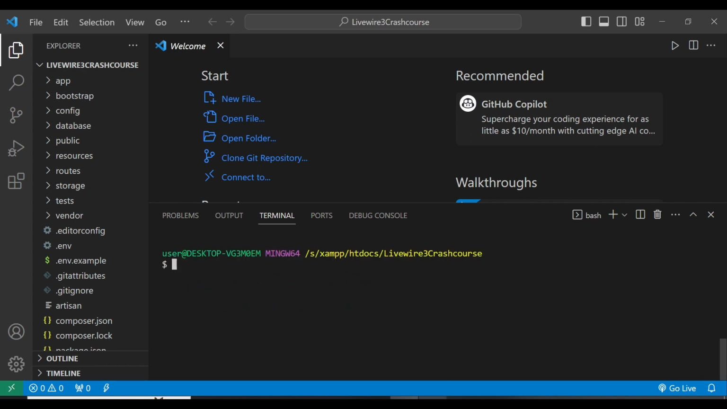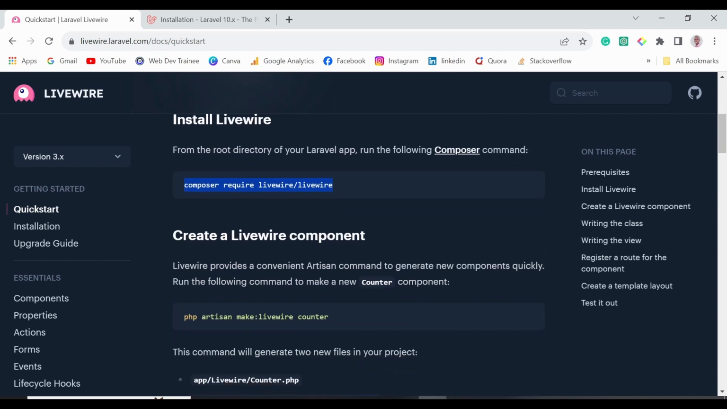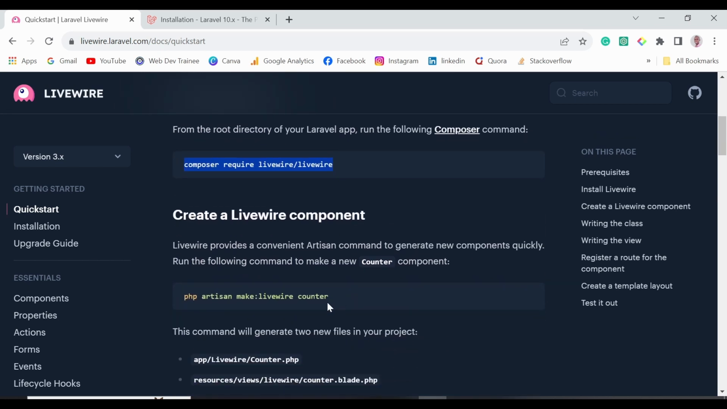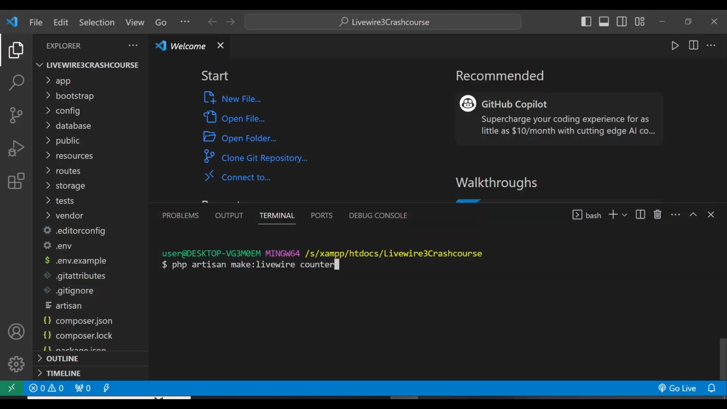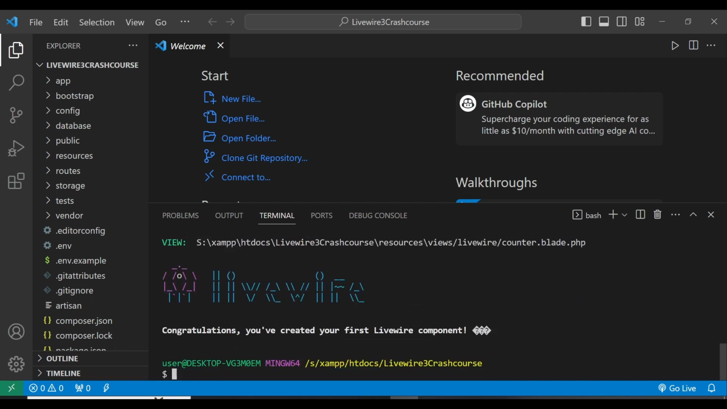And for us to do that, you can see within our documentation here, we can just get started by creating this basic component here. So I just copy that one and then I click enter here. So what will happen is that Livewire will create two given files. So the first one will be the